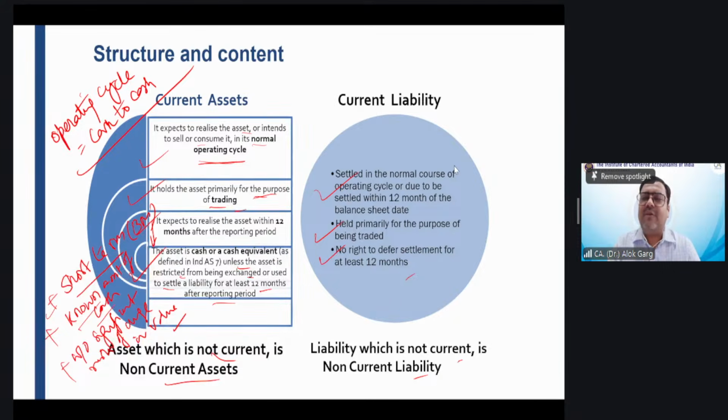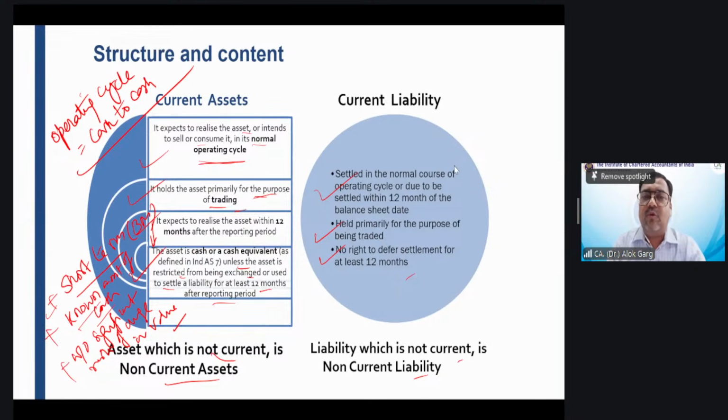The company has taken a loan from State Bank of India. As on 31st March 2026, the loan was from State Bank of India, and the company knows that this loan is repayable in the month of April 26. So the company has entered into a loan agreement with ICICI Bank, and in April 26, this loan will be taken over by ICICI Bank and will be repayable to ICICI Bank after 3 years.